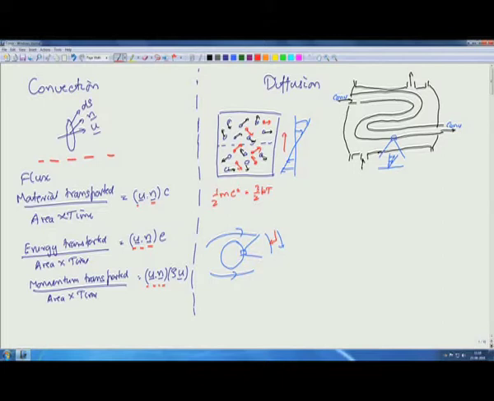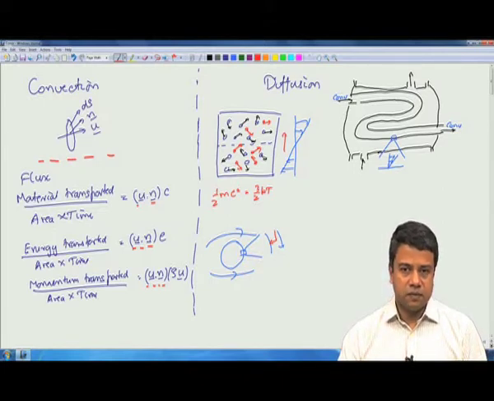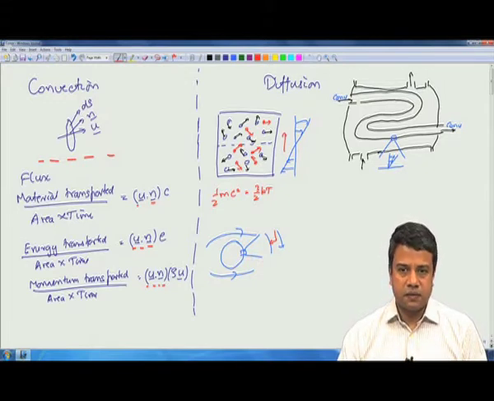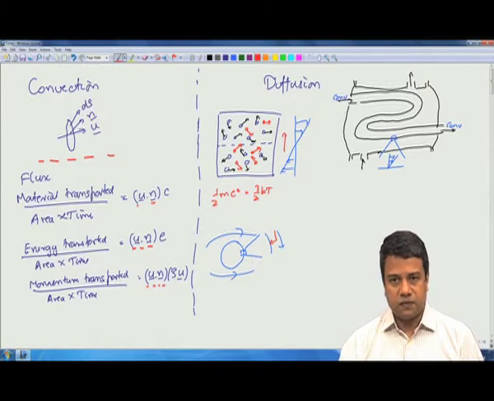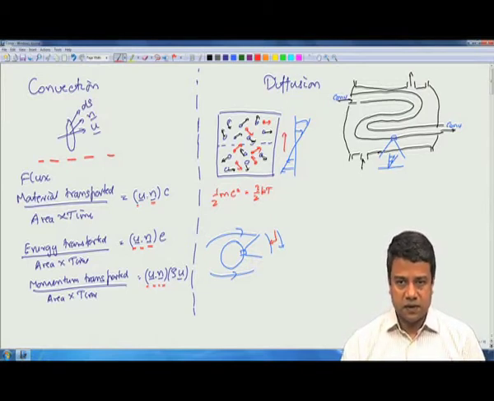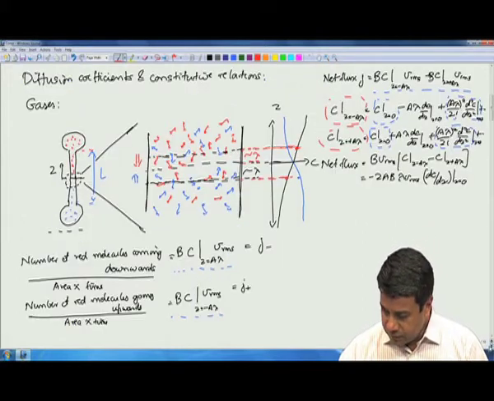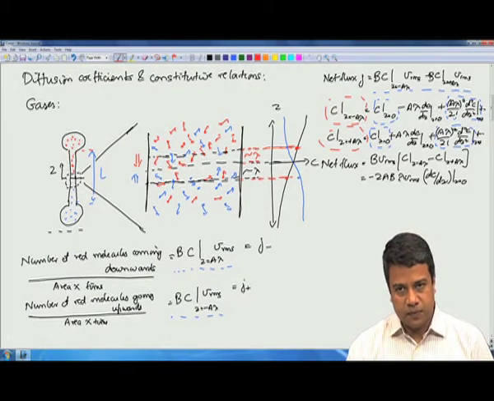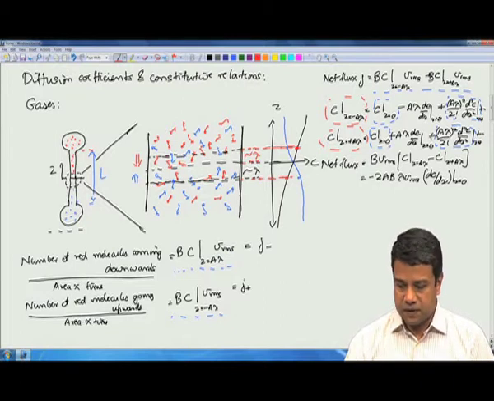Diffusion flux is due to the fluctuating molecular velocities, not the fluid mean velocity. As I had explained to you in a previous lecture, the fluid velocity is the vector sum of the velocities of all of the molecules, whereas the fluctuating velocity is the molecular velocity minus the mean velocity. The convection flux is quite easy. It is equal to the velocity perpendicular to the surface times the density of whatever is being transported.